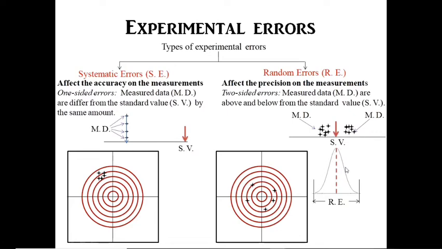Now your measurements look like a Gaussian function because your data will be present here and here. Here all the measurement data are present on one side, and all the repeated data is very close together, but accuracy is very poor. Here accuracy is very high, but precision is very poor because all the data is spread in several directions. It will spread in all directions, not one-sided. Here all the data is one-sided.